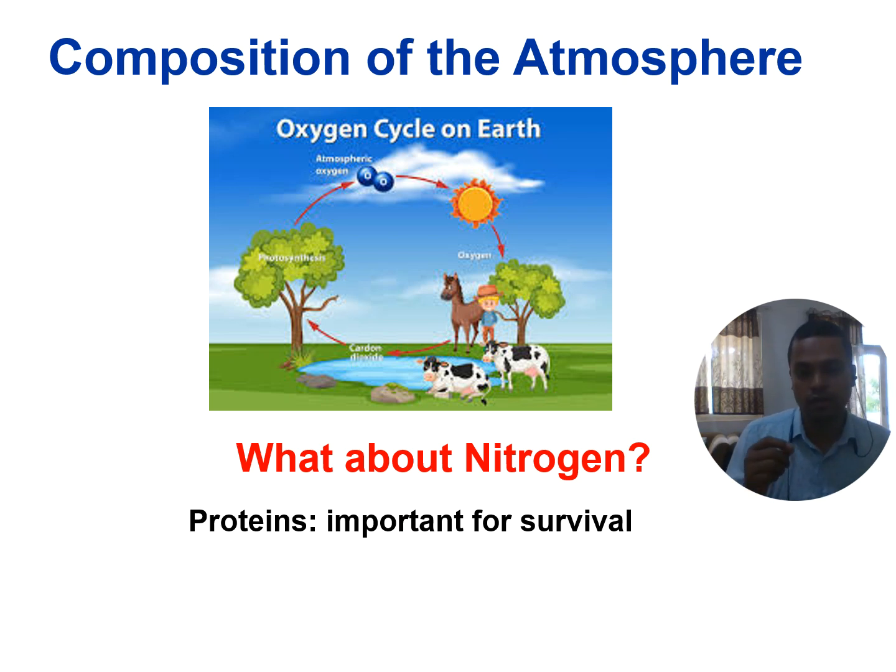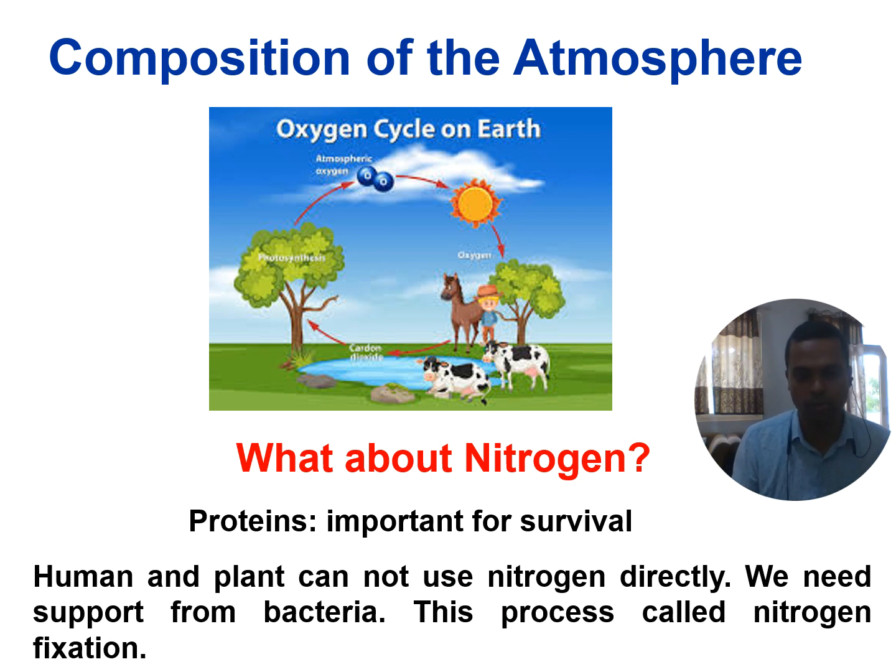So if you have this situation, where you need both oxygen and nitrogen, how is it done? Because nitrogen is one of the most stable molecules on Earth. The two nitrogen atoms have three covalent bonds, so they're very stable. Humans and plants cannot use the nitrogen molecule directly from the atmosphere. So there is a bacteria, also known as nitrifying bacteria.